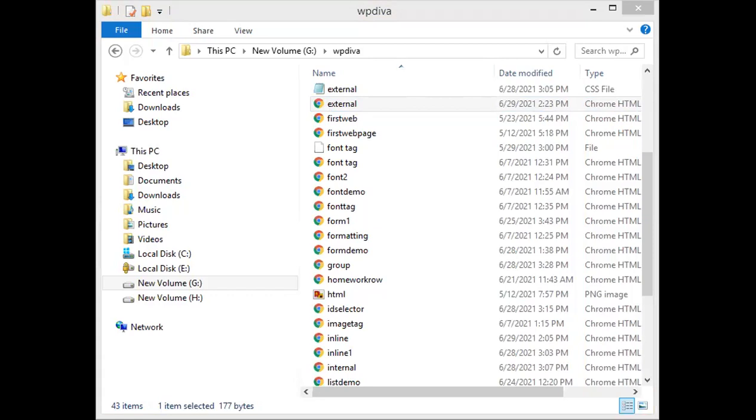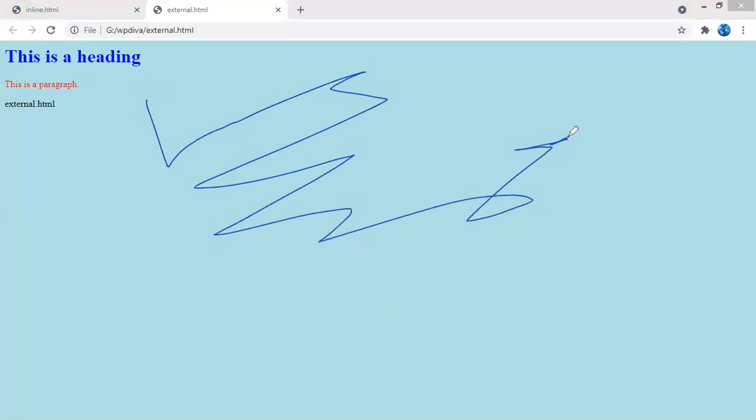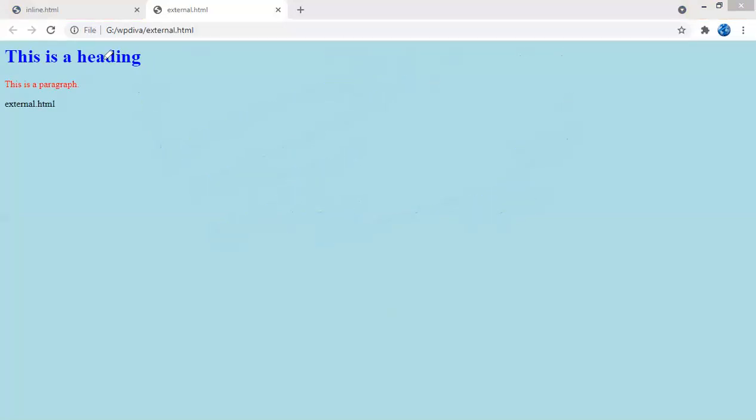So now let me share the output screen for you. See, in this way the output will come. So what happens for the body? You have taken a body tag, right? See, just watch it carefully, all of you. For body, I have taken a powder blue color. So the entire body, whatever body you have, will appear in powder blue. The heading will appear in blue, the paragraph will appear in red. This is the text which I have typed. It has come as it is on the screen. In this way, the properties get applied.